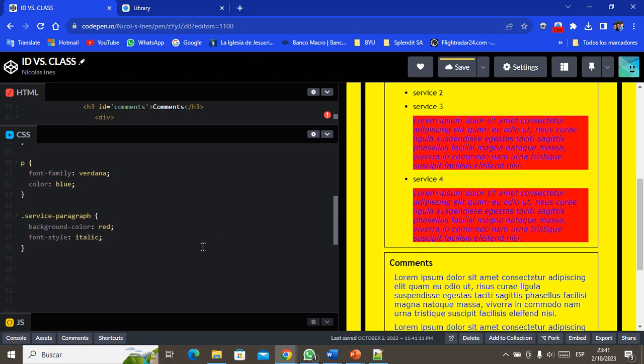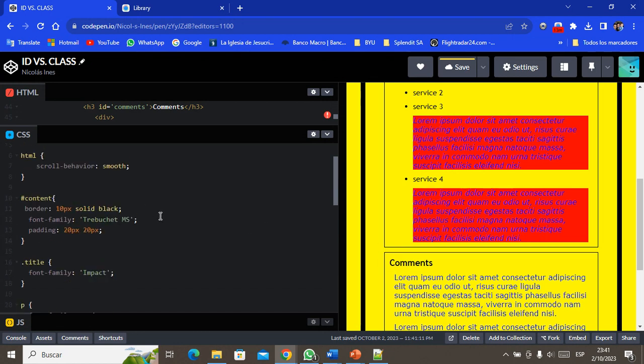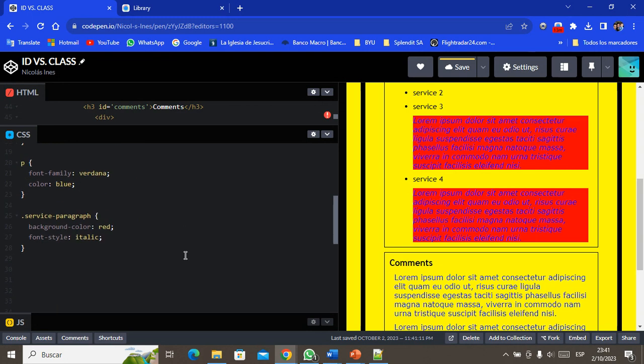So in this way we can manipulate specifically those paragraphs. And if we need to set another extra style to the comment paragraph,